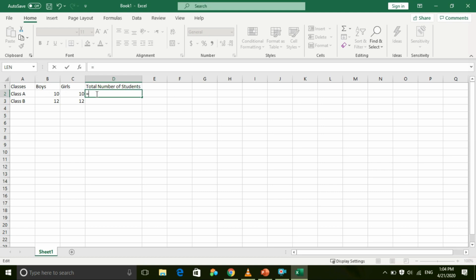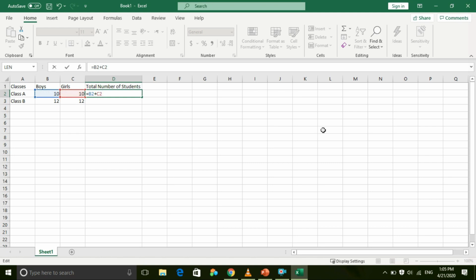So B2 plus, that is we are going to add, right, plus C2, that is the number of girls in class A. So C2, that's our formula. It will be automatically selected, you don't have to do anything. So B2 is this one and C2 is this one. Now we have done the formula.